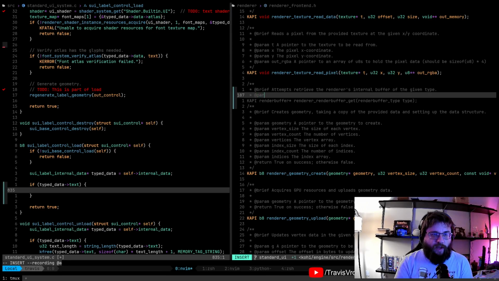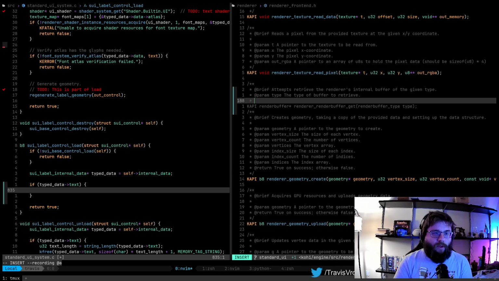Param type: the type of buffer to retrieve, and then returns a pointer to the buffer on success. Otherwise, 0 null.